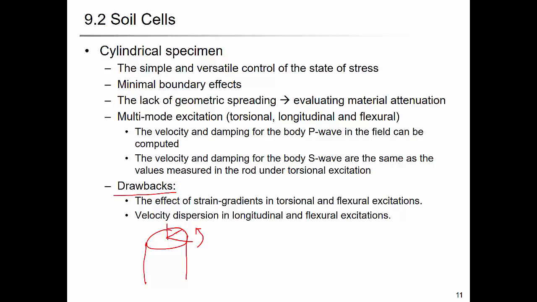Right? At the edge of the specimen, you have the largest shear strain. Right? So it could be a linear or non-linear distribution of the shear strain across the radial direction. Okay? So it's a little bit difficult to interpret, but people sometimes use this kind of a ring